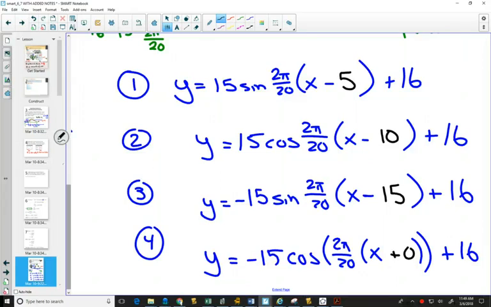When you're asked to write any equation, sine or cos, you can choose whichever one you want. Some people like the cos graphs better because it's easier to find maximum and minimums than the center line. Some people like sine graphs better because they're called sinusoidals, so that sounds like I should use sine more than cos because they're not called cosinussoidals. But you can choose.